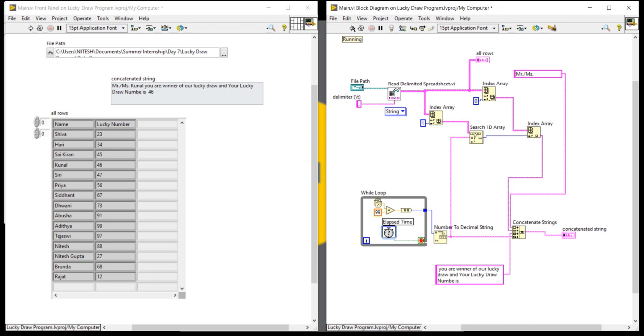You are the winner of this lucky draw. Now I'm going to run 91. Where is 91?